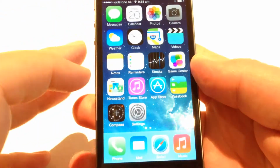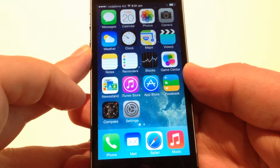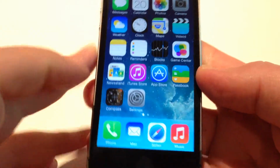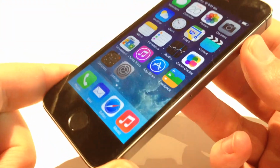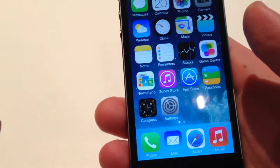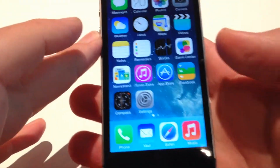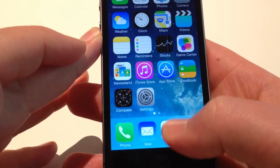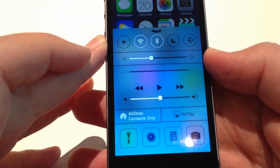Just going to run through a few basics of iOS 7, just for those with a new iPhone or who have done the update. We are running the new iPhone 5S here, but just a few ways of navigating around, closing apps, and just some of the differences. So one of the main new features is to slide up from the bottom of the screen, bring up Control